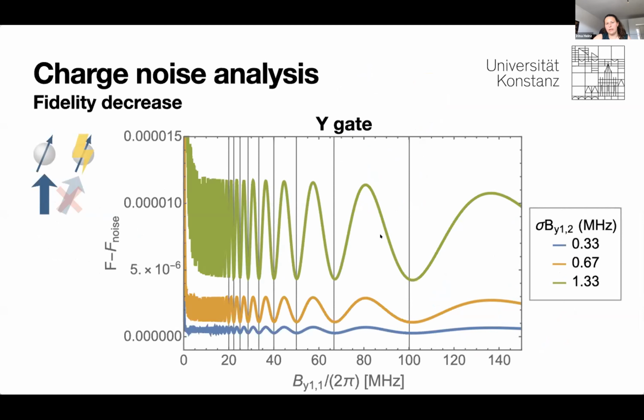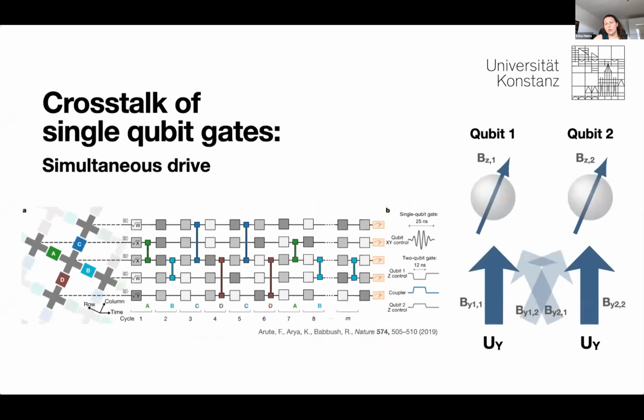Then we see the following. We have the minimal contributions of noise to the fidelity close to these vertical lines, which indicate the synchronization condition. Here we assume Gaussian noise, and this is quite convenient because that means that if we fulfill this synchronization condition, we are also less sensitive to noise. And then, of course, we can think about